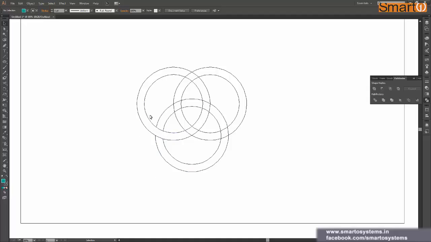Now that this left ring is on the top of this bottom ring, it cannot be on top of another ring. So here this right ring should be on the top of the left one. Again, we press Shift M to select our Shape Builder tool, and let's merge these three shapes. So this right ring looks on the top of the left one.